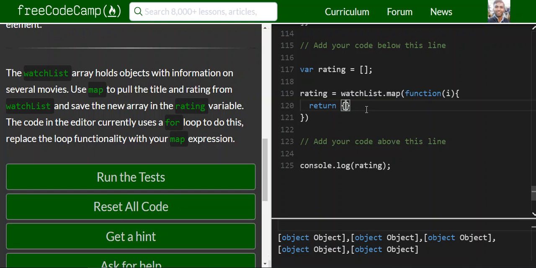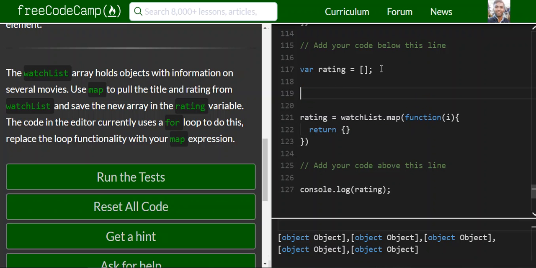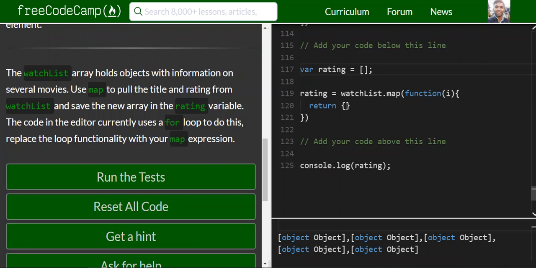So essentially we don't have to do all these steps manually, as in create the new array, which is like this, as in ratings, and we are creating a new array in this manner. No, we don't have to do that. So all we need to do is, map does all this stuff for us. All we need to do is tell it what we want the new object to be. So in this case, we want the ratings